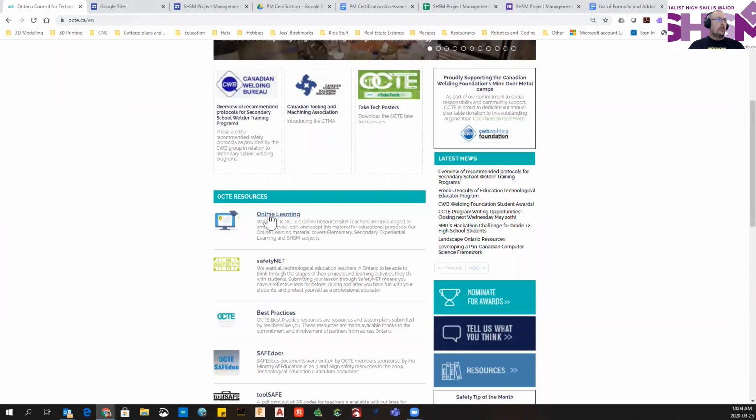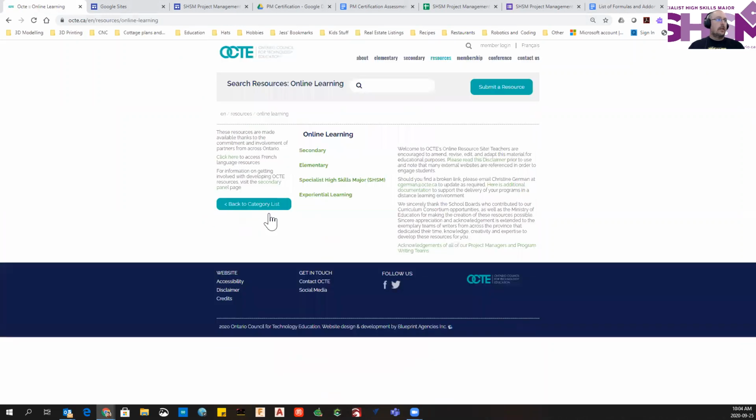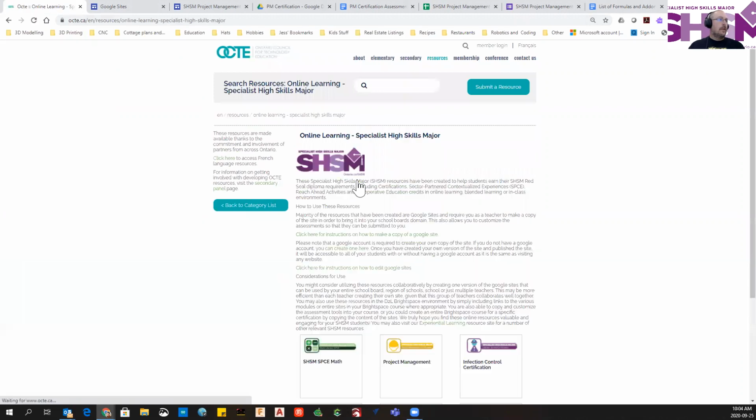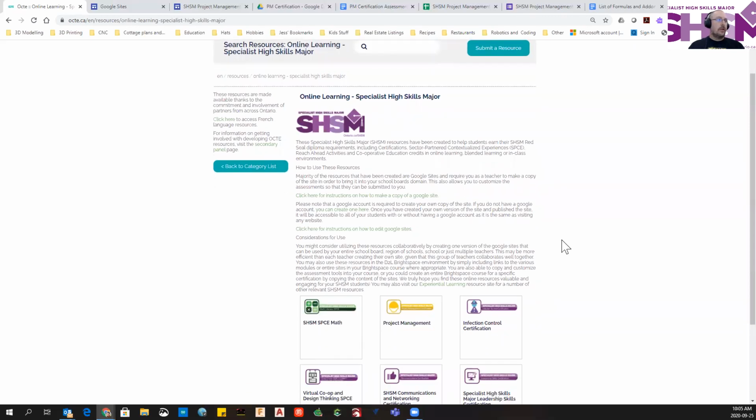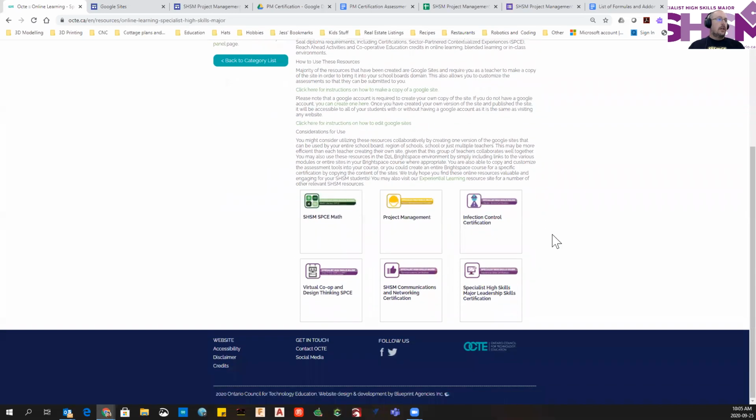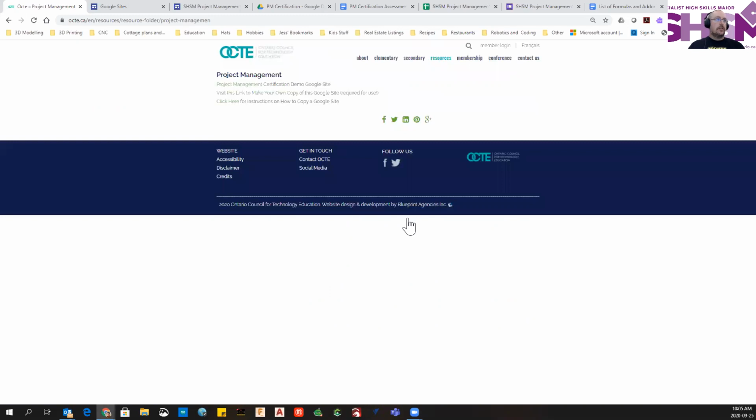Scroll down to online learning, choose the SHSM button, and then you'll get a bit of a disclaimer in terms of how the SHSM resources are structured, how you can make a copy of the site, how to edit the Google site, and then these are the resources that we've developed. They're generally all developed around a similar template for the certifications. So we're going to talk about the project management one right now, because that's the one that's got the most